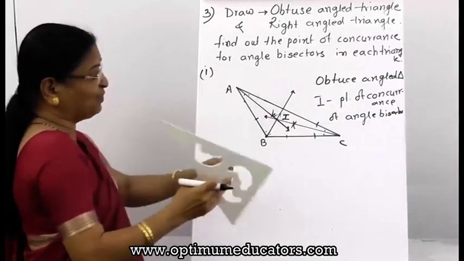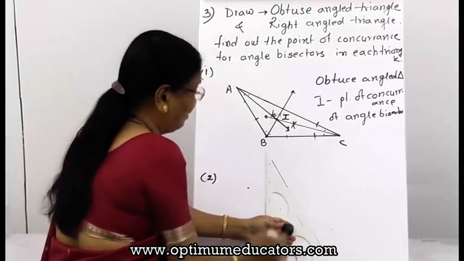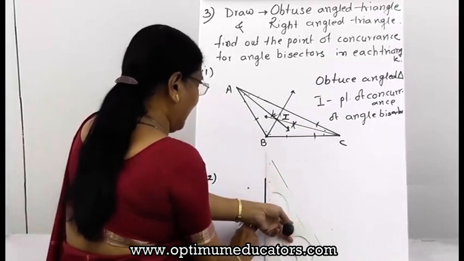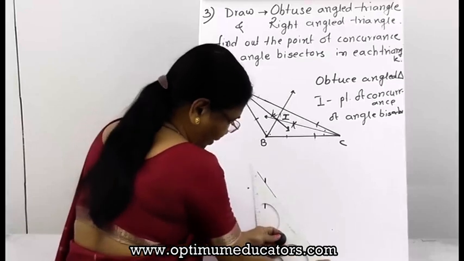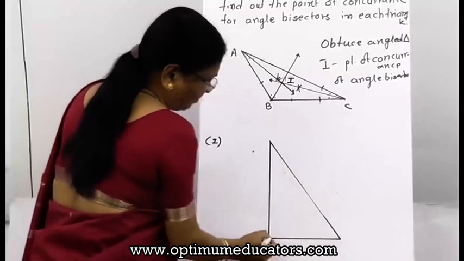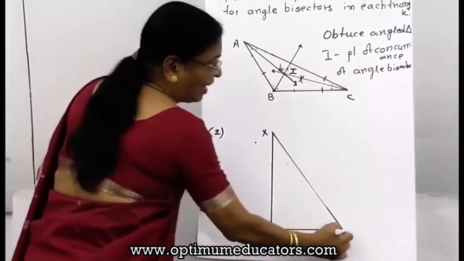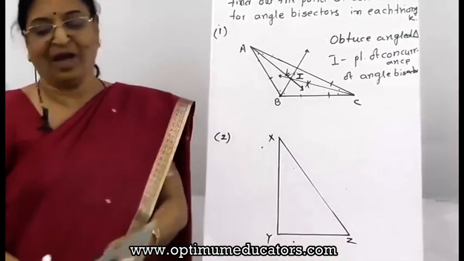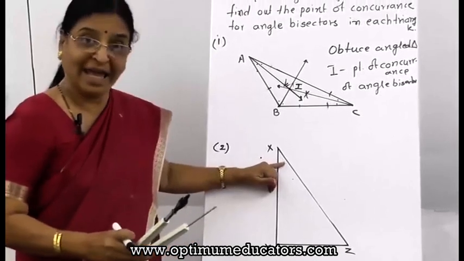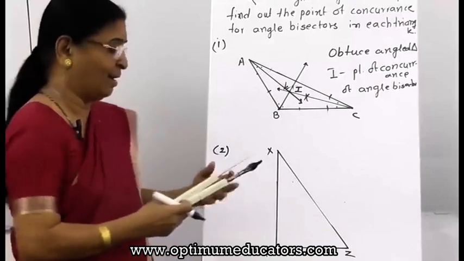Now the second one is for the right angle. So you can use the same set square and go for it. That is a 90-degree angle, and then join it. See here also. And mark it like X, Y and Z. Here also you have to do with the same concentration. Concentrate upon X, mark the markings and join it and complete the angle bisector.